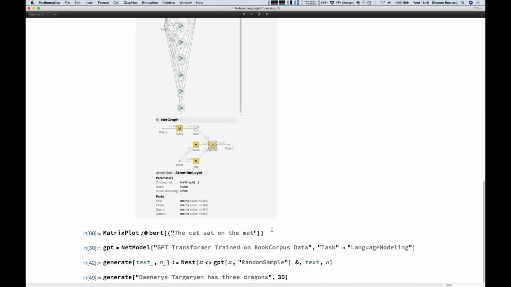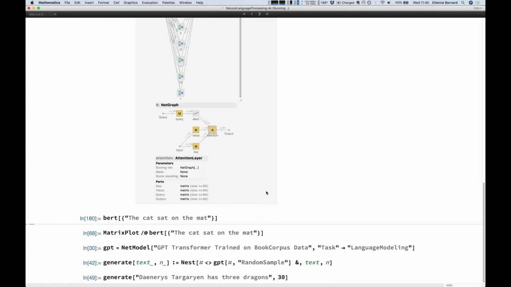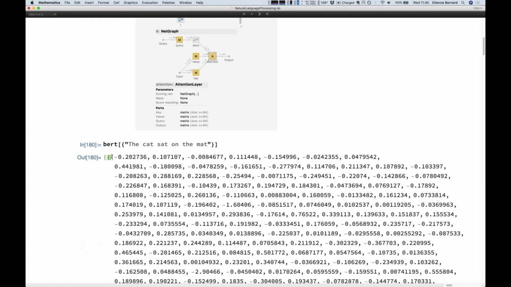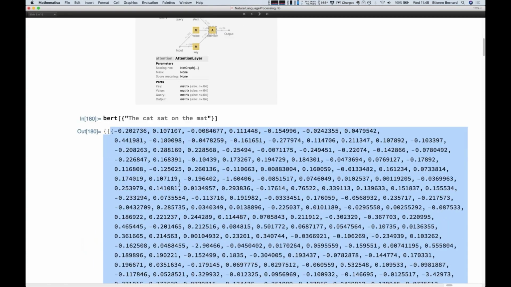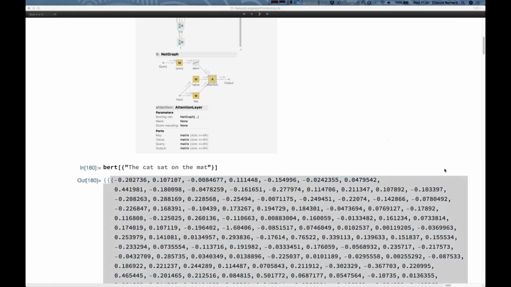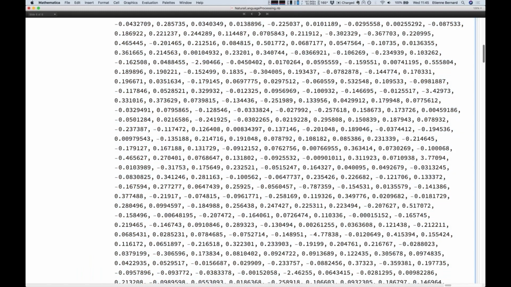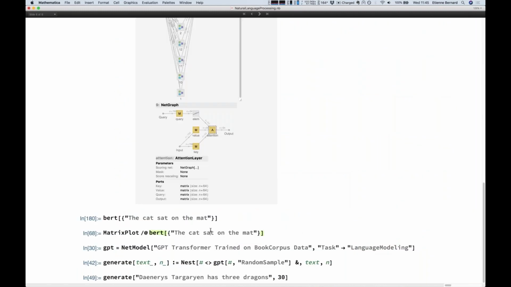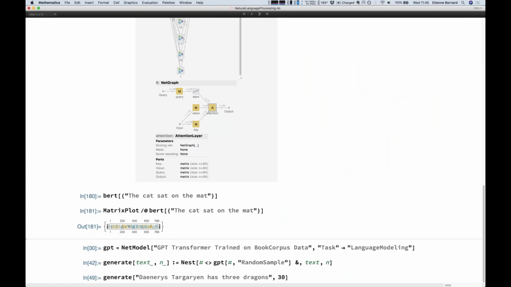Okay, I'm not going to go into detail about how this works. Let's just apply it to the cat, sat, and the mat. And the result will be a vector, pretty big, for each word. Okay, so actually it's size 1000. So I'm just going to do a matrix plot of this thing. Here you go. So this is just visualizing. So you have 8 vectors because there's 8 words, I believe.